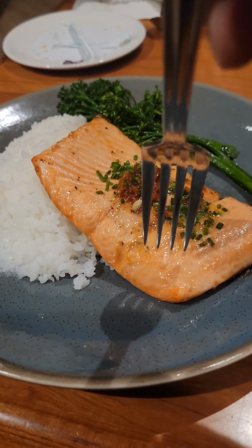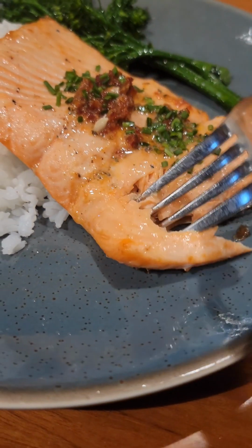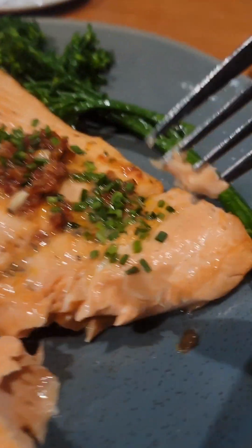Anyway, then we had to get the salmon fish and chips. Look at how piping hot this was. I literally, after I recorded, threw that down. It was burning my hand. The salmon is phenomenal, and we had to end, even if you're on the lower level, remember, you can still